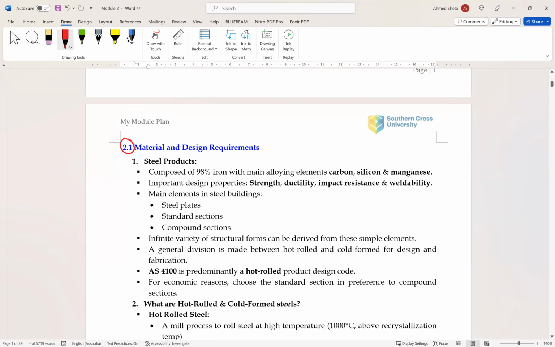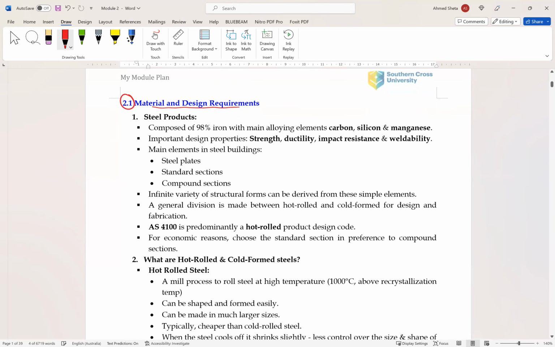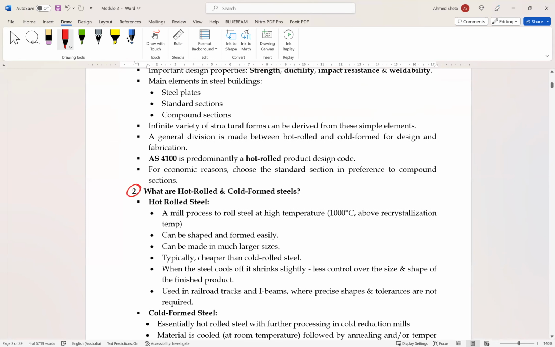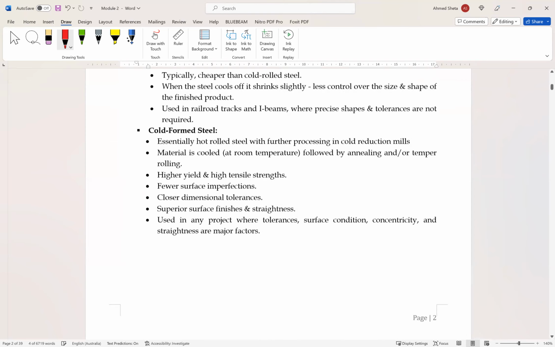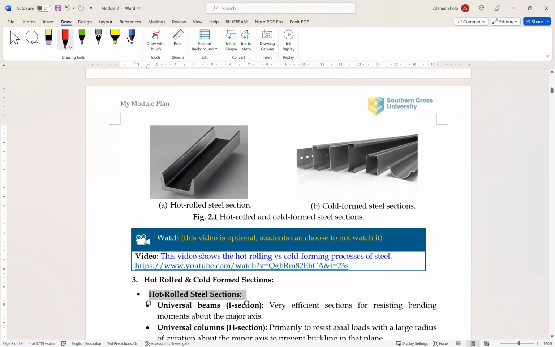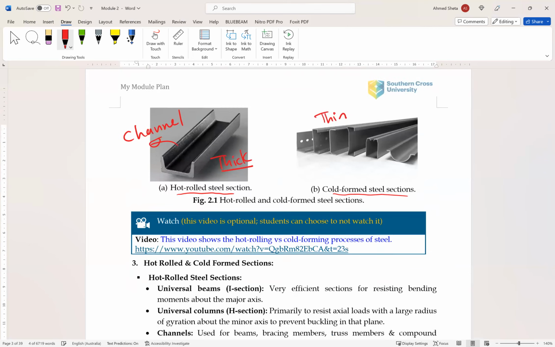Our first topic today is the material and design requirements of steel structures. Here we are talking about some properties of steel and different cross-sections. And here is the difference between cold formed steel and hot rolled steel. As you can see, here is an example of hot rolled steel and some examples of cold formed steel. This is a channel section. And you can see that the hot rolled steel is thick compared to the cold formed steel, which is thin